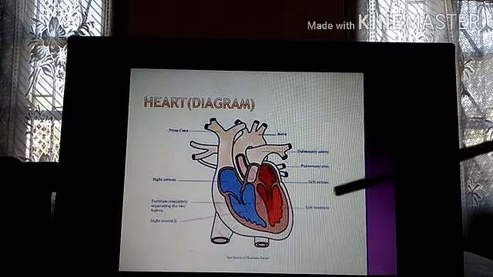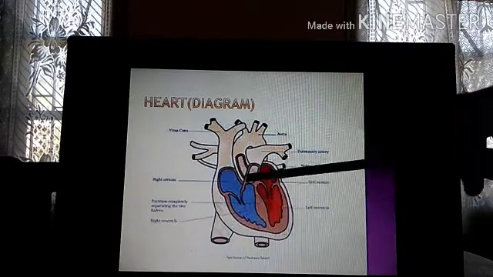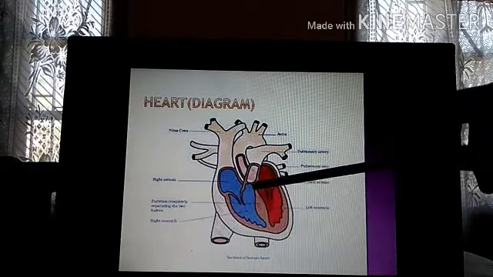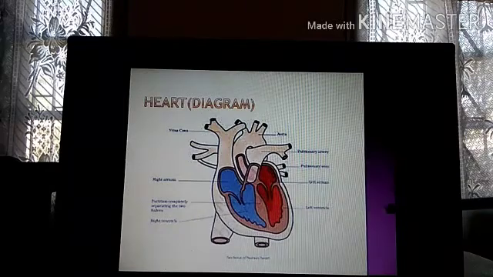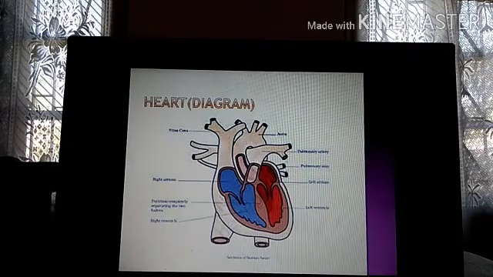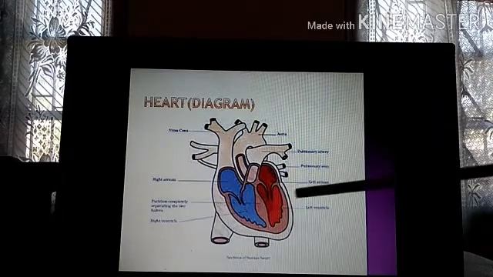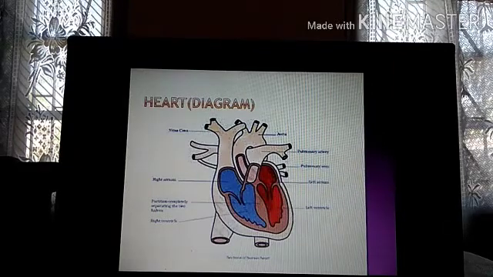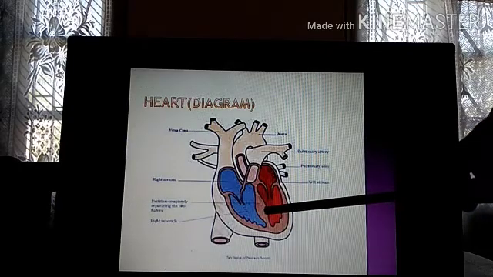So now as you can see, this is the heart, this is the wall which divides the heart. Can you see? This is the wall. Now the labeling is not that clear. I did not get a diagram with clear labeling, but it is the same diagram given in your textbook. You can check that out. So this wall is called the partition. The partition is also called septum, S-E-P-T-U-M.